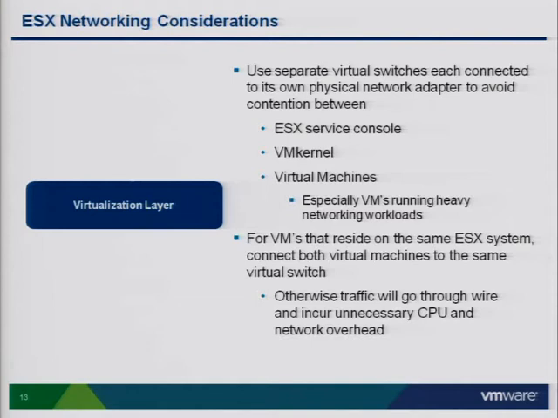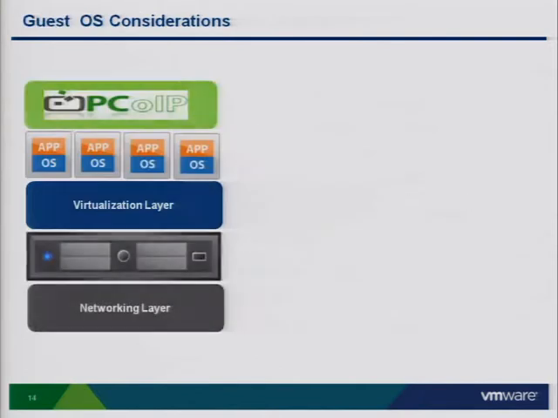And then this is more of talking to enterprise applications running on vSphere, but it also can apply to View. If you have similar applications that reside and talk to each other, you can locate them on the same virtual switch, and the TCP traffic doesn't have to go over the network and back. Okay, at the host OS level,